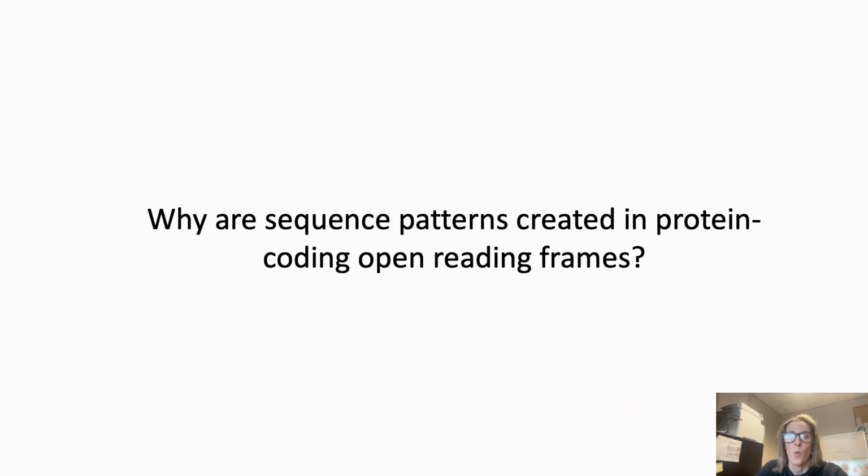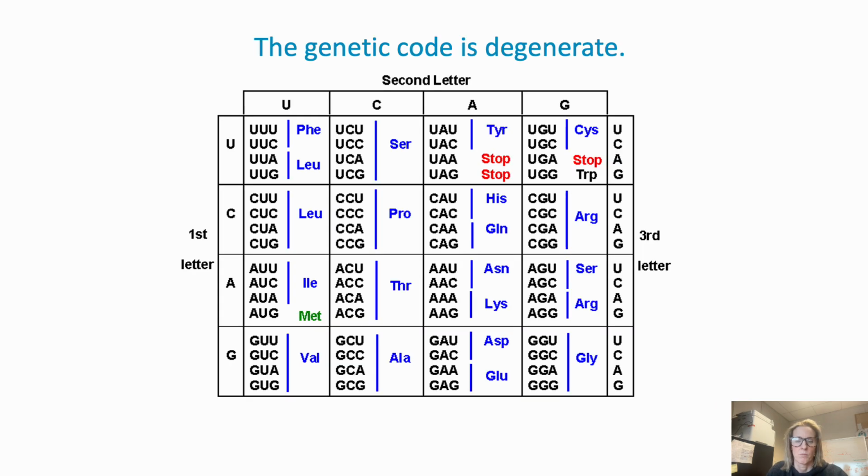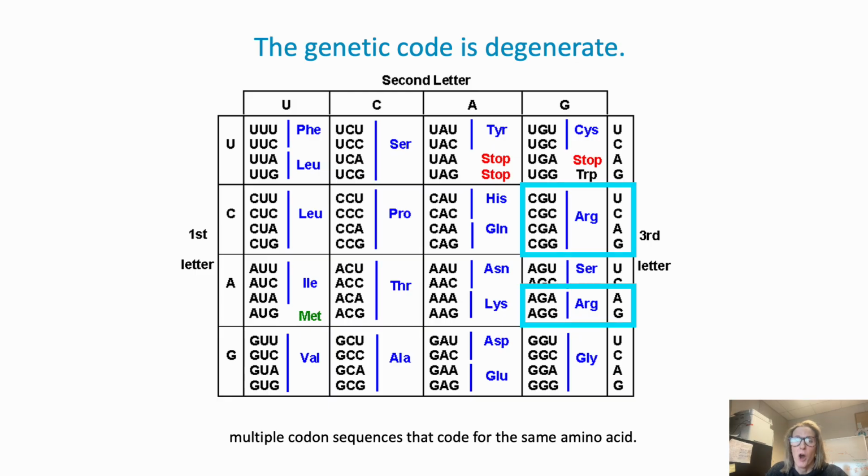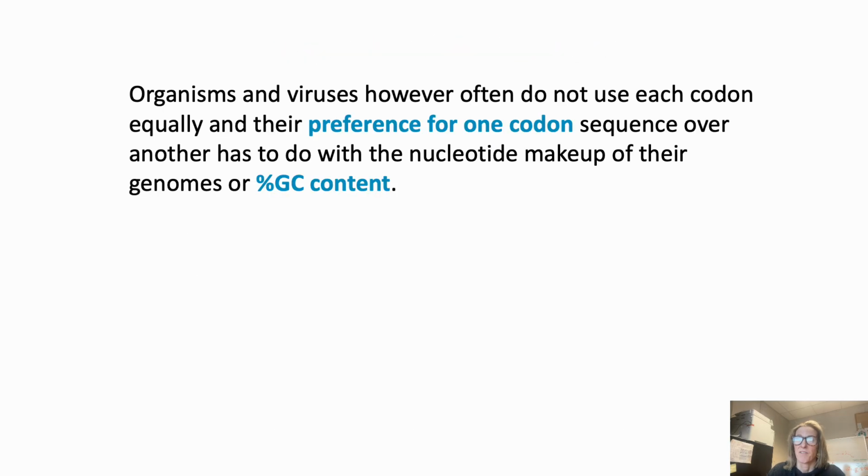First, let's learn why sequence patterns are created in protein coding open reading frames. The main reason that patterns are created in protein coding sequences is that the genetic code is degenerate. That means that there are multiple codon sequences that code for the same amino acid. For example, there are 6 different codon sequences that code for the amino acid arginine. Organisms and viruses, however, often do not use each codon equally,